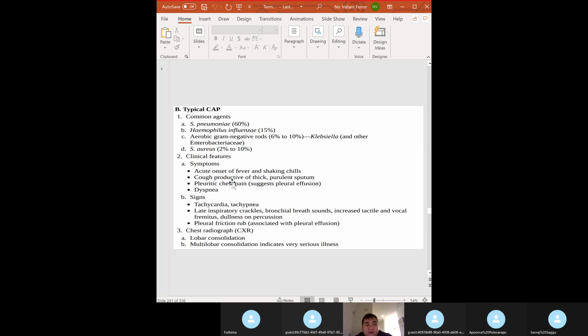What's the feature? Acute onset of fever, shaking, chills, cough, productive of thick, purulent sputum. You have pleuritic chest pain and dyspnea. In terms of the signs, you can have tachycardia, tachypnea, and pleural friction rub. In X-ray, you have lobar consolidation, and multilobar consolidation indicates a very serious